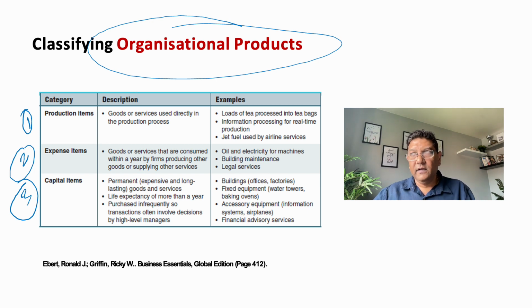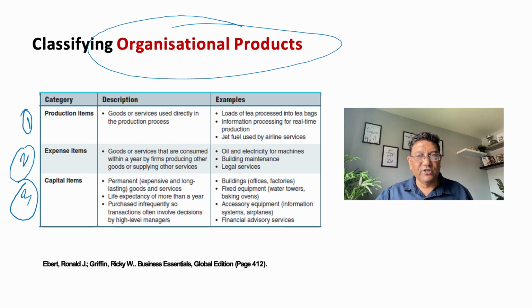As an example, suppose you are a software developer in the IT industry. To develop a software, you might need data from your client. You ask your client to give you the data, what data you require in the software, or how that data needs to be processed. So that information is required, and you process that information before you develop the software. That information or data becomes your production item as well.